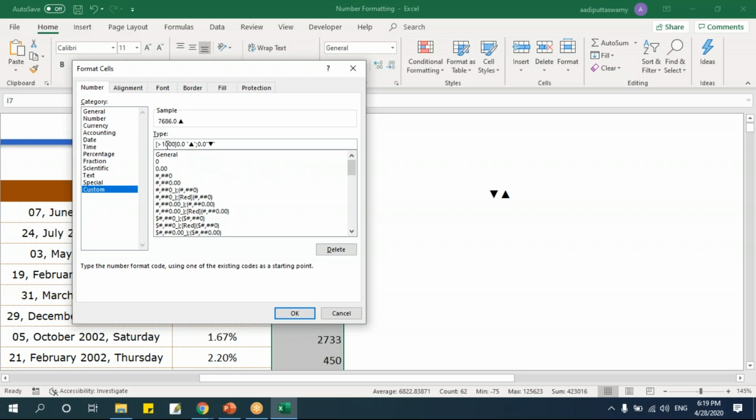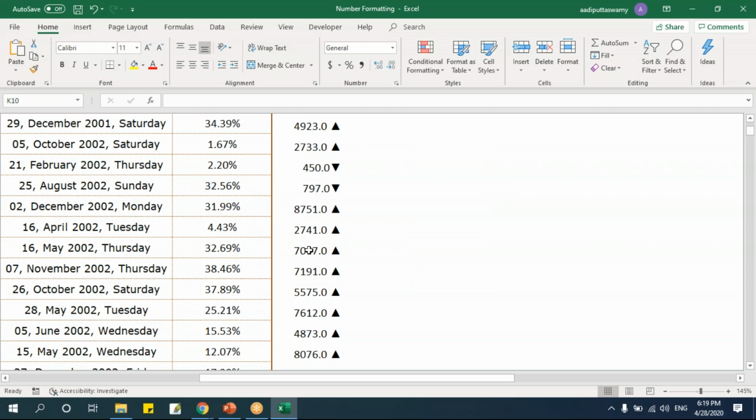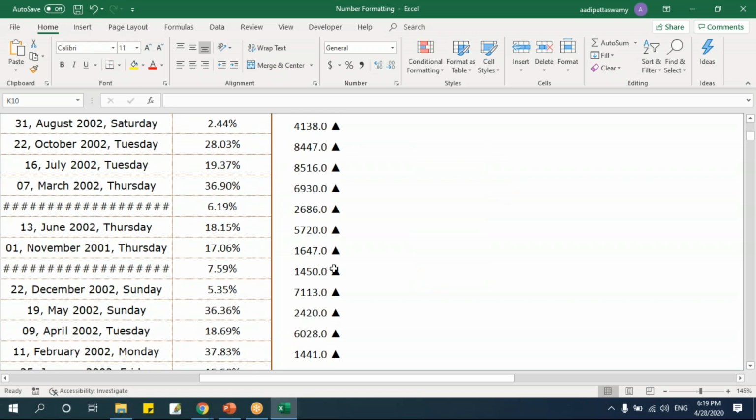Again I'll repeat. What we have is greater than 1000. It will just say any number greater than 1000. Here not positive or negative. Here I'm taking the value directly. Greater than 1000, then it should be 0.0, then I'm taking the up arrow. Otherwise I'll have this lower arrow. Let's go and say okay and check. See, any value above 1000 will be the up arrow. Let's change it manually and see whether it is working or not. I'll make it 900. According to our custom format, this should be the lower arrow. See, it's coming as the low arrow.